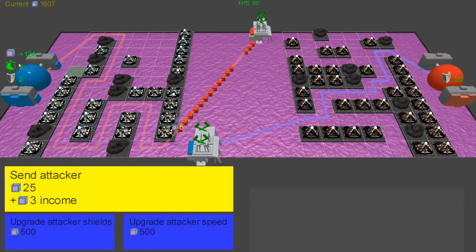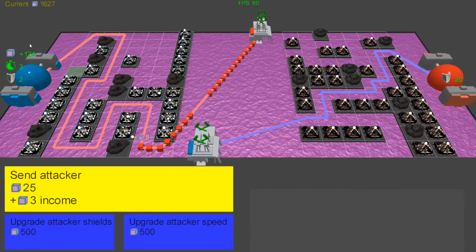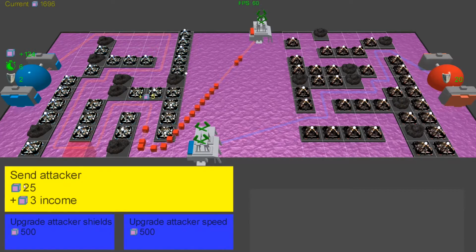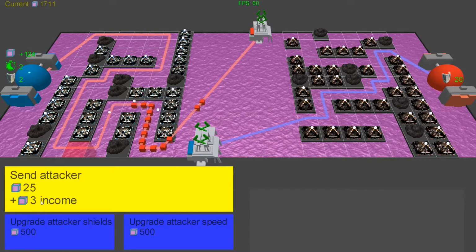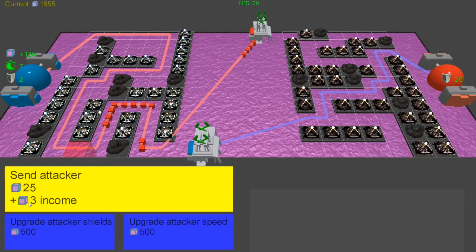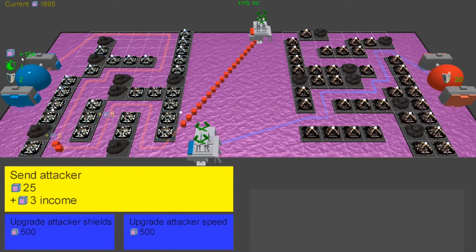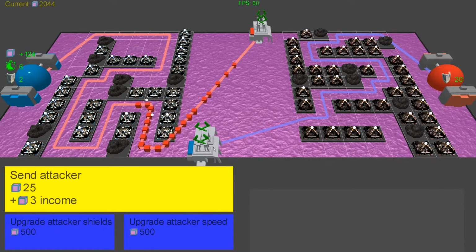So we get that every 10 seconds from our refinery kind of chomping away at it or doing whatever it does. And we spend it by building towers, which cost 50 apiece, or 25 for the attackers, a bit more for the upgrades. And we can increase our income by sending attackers, which probably sounds pretty strange. Like, why would sending attackers mean we get more money from our refinery? And the theme behind it is